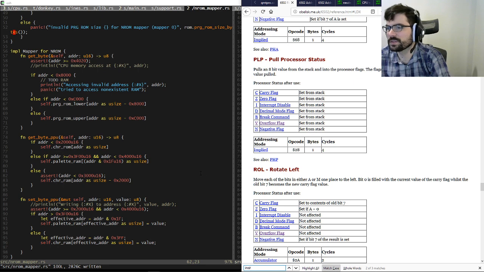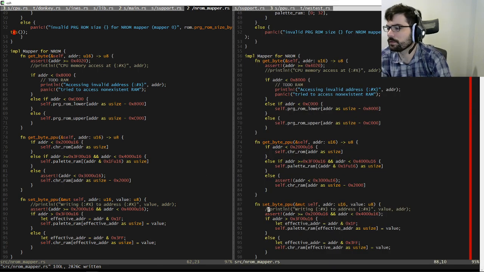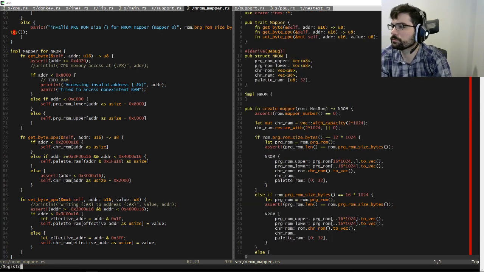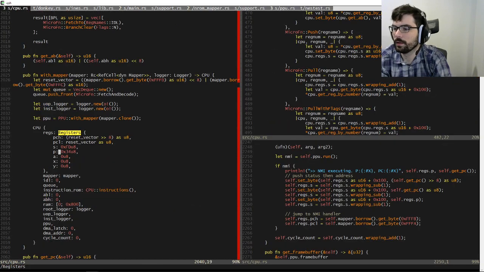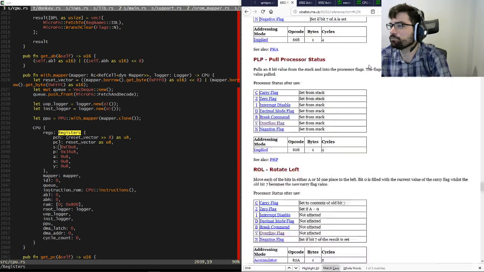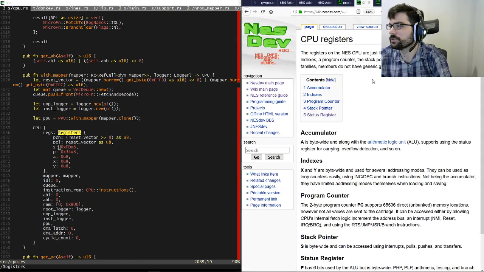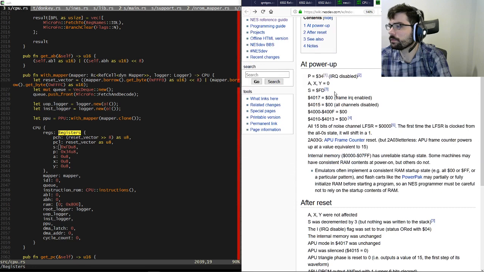What's your initial SP value? Like FD or something? I forget. This is the wrong file. That's why I can't find it. FD, yeah. Which I believe to be correct, according to this.